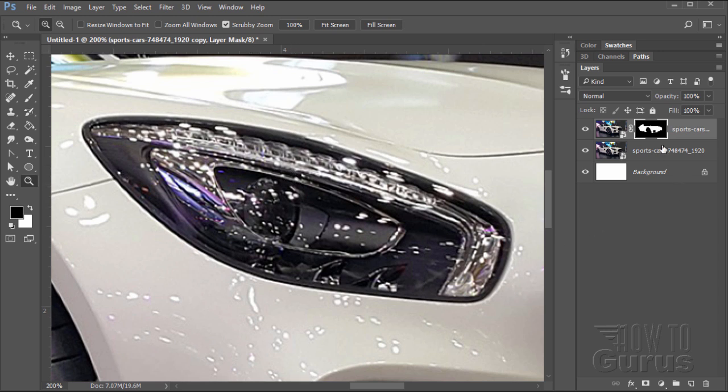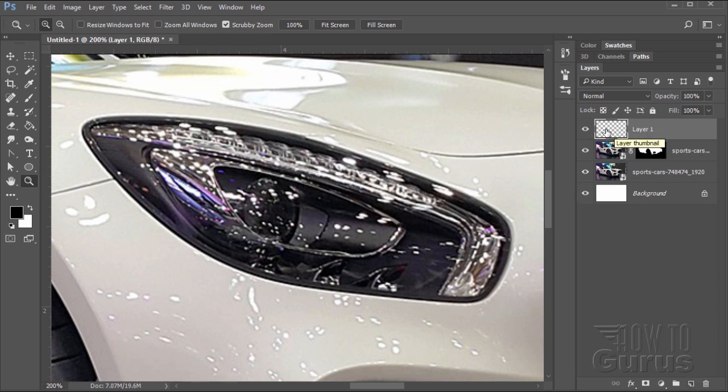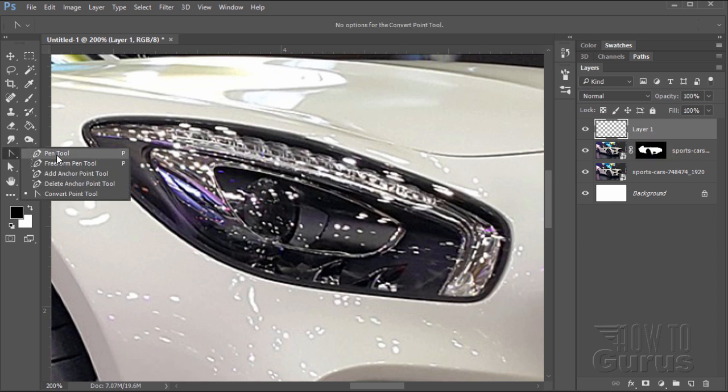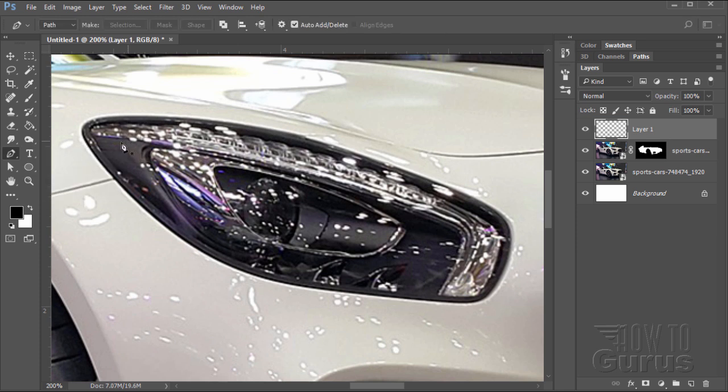So I'm going to make a new layer. There we go, it's a new layer just like that. This way my selection will be on a separate layer just to keep things clean and protected. And let's go back to our pen tool. And once again, just choose a place to start. I'll start right here, and let's just put in just little